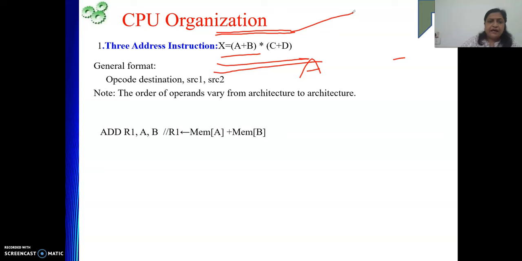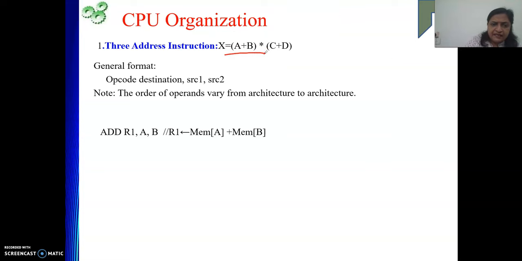So first what I have to do is add A and B. To add A and B, we'll be adding the contents of A and B, and the result will be stored in some register. What we are discussing is General Register Organization CPU. Using three address instructions, we are solving the problem. So in an instruction, three operands can be there. And I know that this A plus B result is going to be used in the near future, so I prefer to use one register to hold my temporary result. Because of that, we have taken one register, and my assumption is that the register is available.